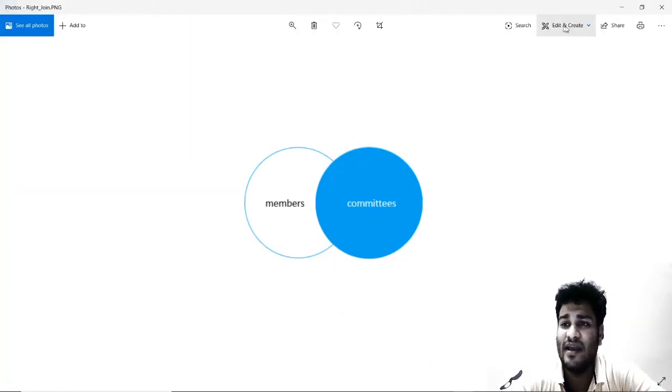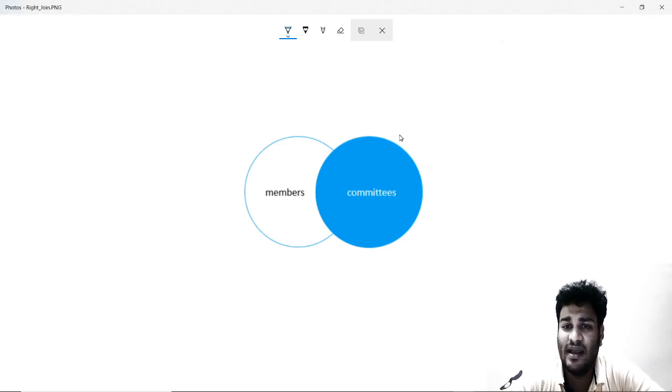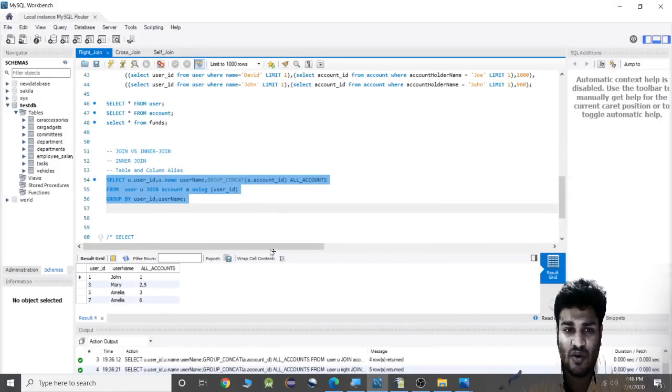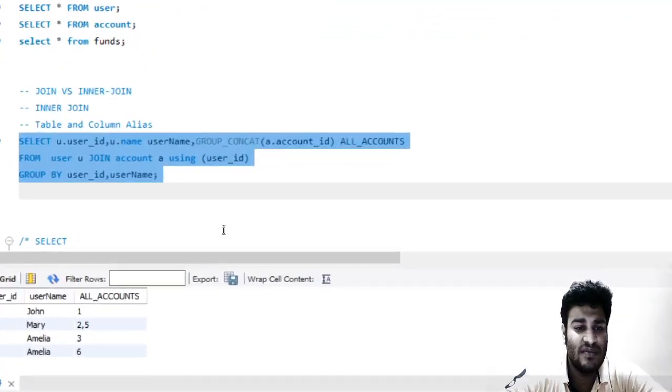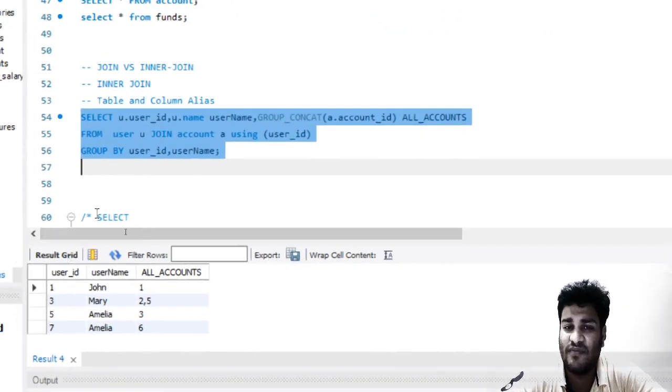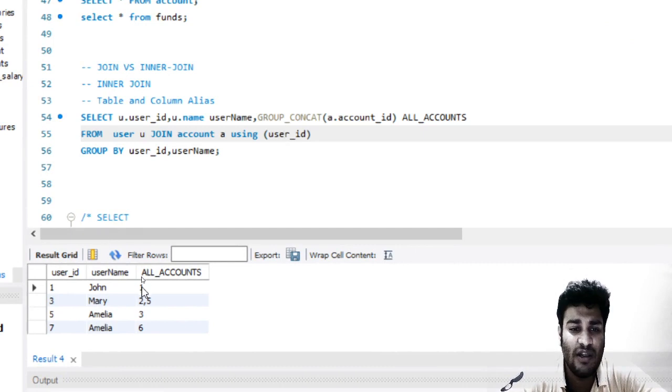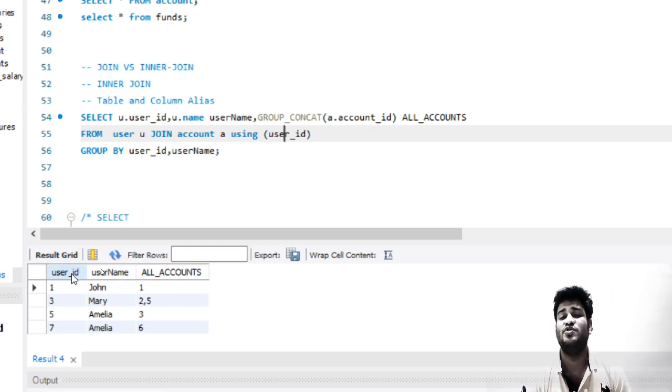Right join is something in which we get the intersect and all of the right table data, right? So now the scenario that fulfills this Venn diagram is when you also need all the accounts which have username and user ID null. If you are seeing this video for the first time and have not seen the inner join video, please go ahead and see that, because in that video we have explained the data set which we are using over here.